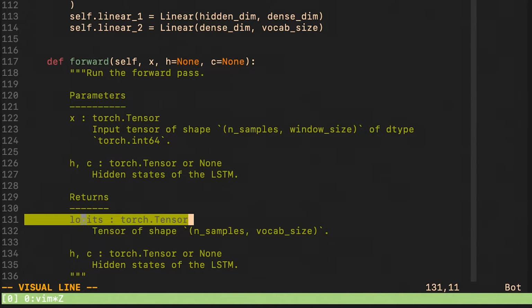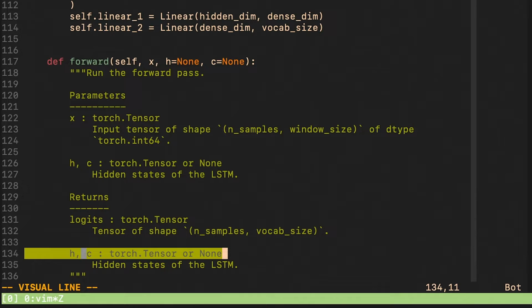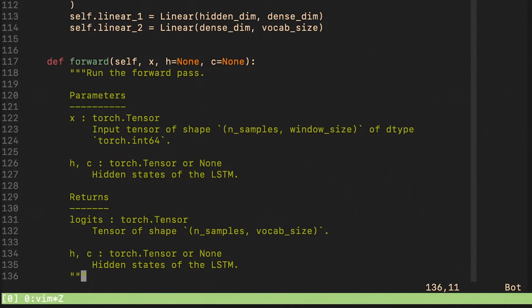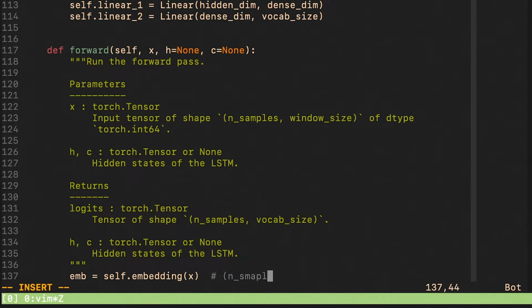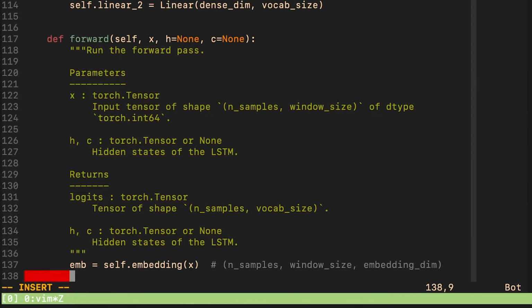This function will return logits that can be turned into probability distributions with a softmax. And finally, the updated hidden states will be returned too. We take the indices of the input characters and we run them through the embedding layer, and that is going to give us the embedding vectors.